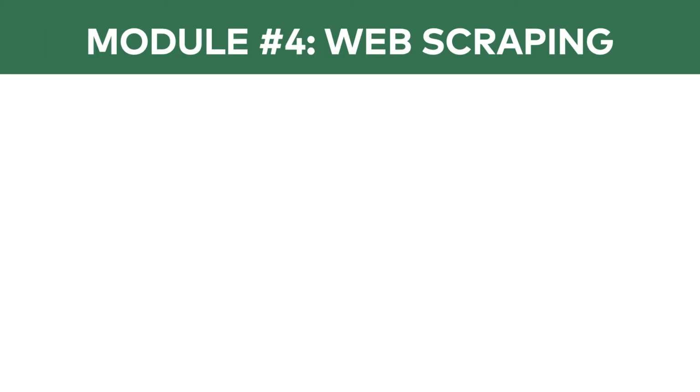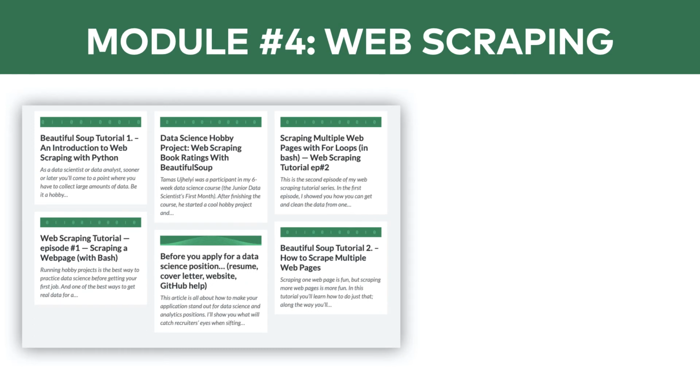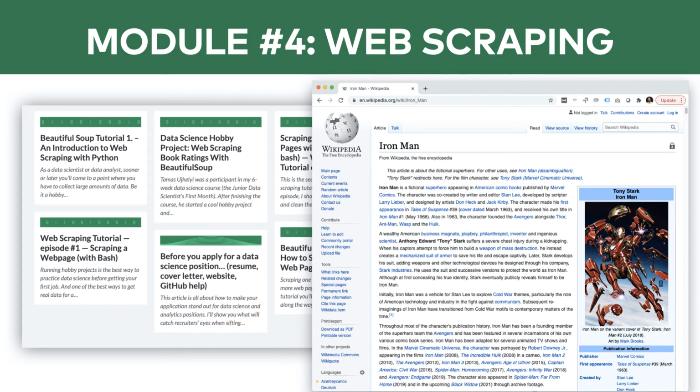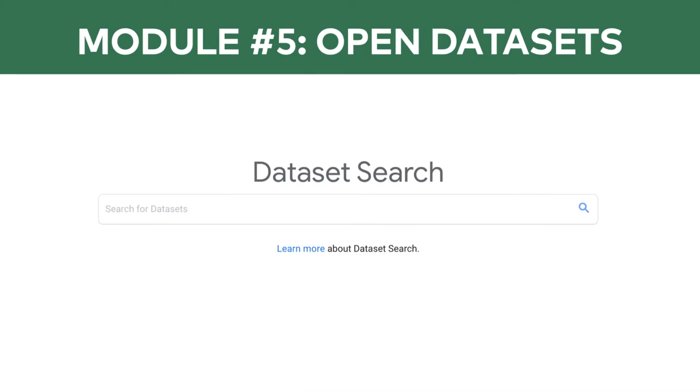In Module 4, I will show you a web scraping example. You can already find pretty detailed step-by-step web scraping tutorials on my blog, data36.com, but in this course, I will show you one more example. Well, in fact, the most popular web scraping example, scraping Wikipedia. If you learn how to scrape Wikipedia pages with Python, you can get access to the raw data of over 6 million articles. And if these 4 are not enough, in the last module, I will also give you an exhaustive list of open datasets, so you can go ahead and browse for more data from all around the internet.